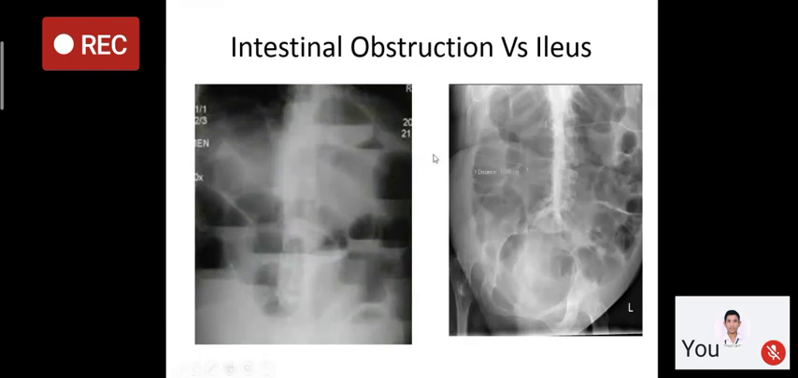But we often see these types of patients, right? If the patient has multiple air fluid levels, then there is some intestinal obstruction. There is small bowel obstruction, there is large bowel obstruction, then we have to ascertain. But if the air is there till the rectum or sigmoid colon, and whole